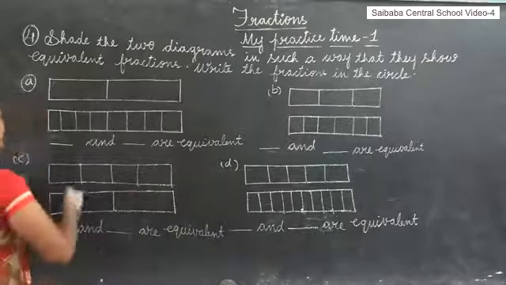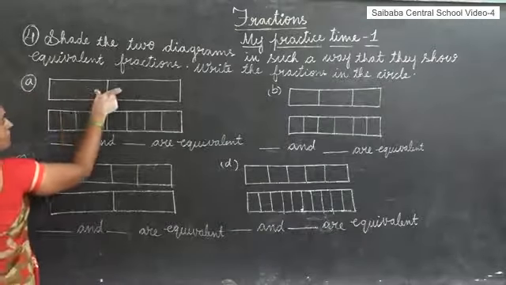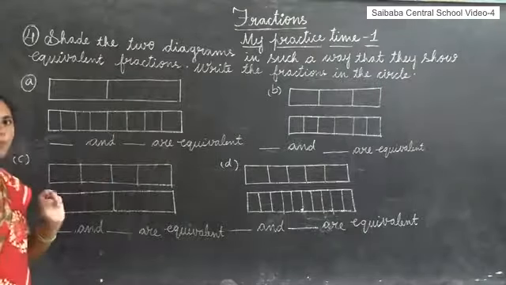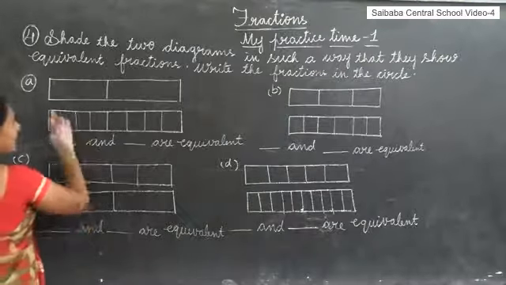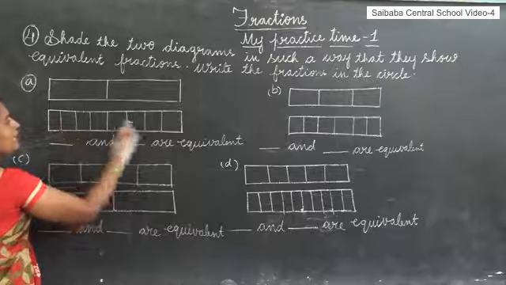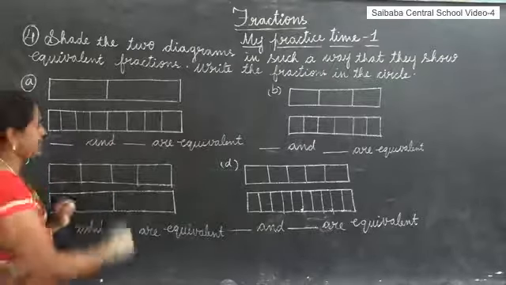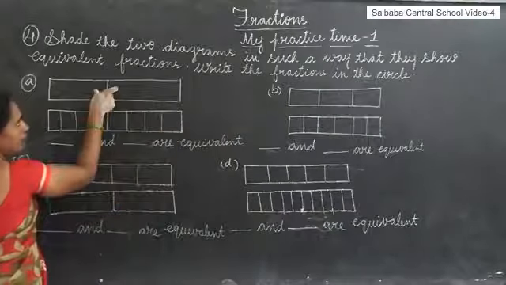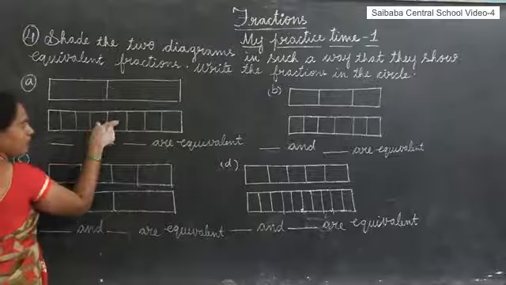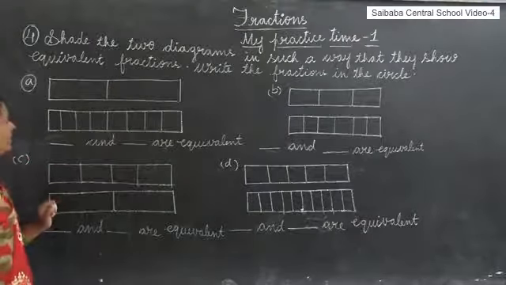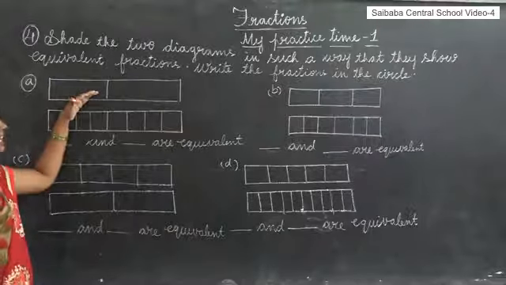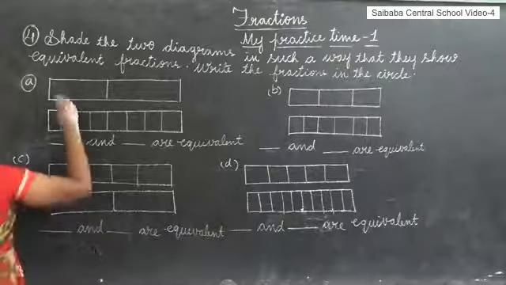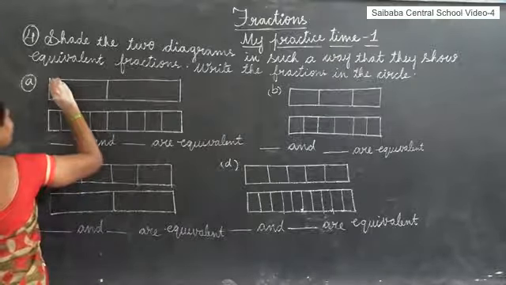For example, if you observe in this question, we are seeing a whole and this whole is divided into two parts, right? And another whole is here and this whole is divided into 8 parts. 1, 2, 3, 4, 5, 6, 7, 8 parts. In this whole, here are 2 parts and in this whole, here are 8 parts. Now we have to shade in such a way to show equivalent fractions. For example, in this whole, if we shade this part,